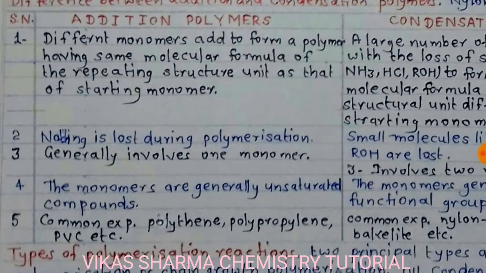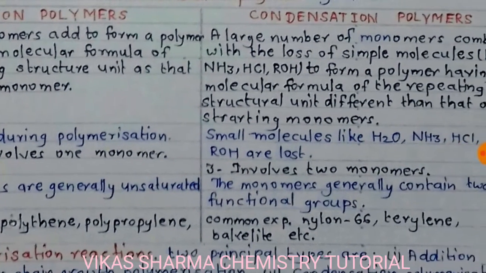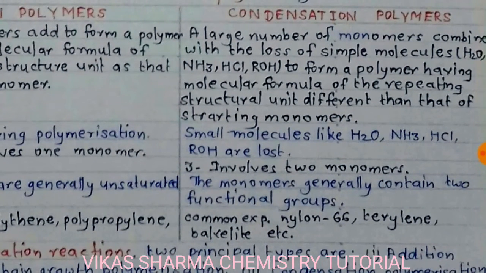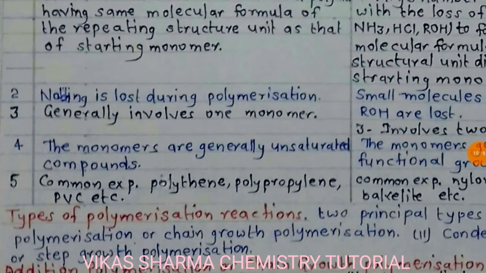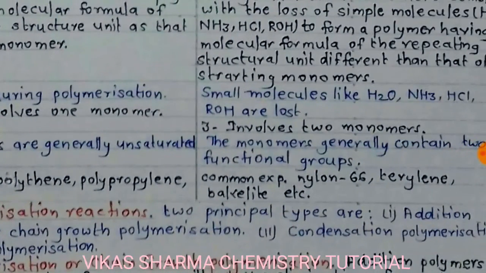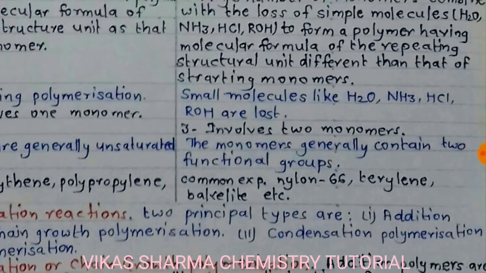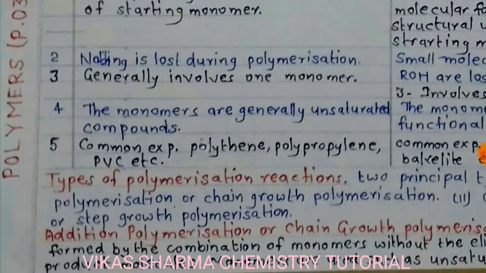Third, addition generally involves one monomer, while condensation involves two monomers. Fourth, the monomers in addition are generally unsaturated compounds, while in condensation the monomers generally contain two functional groups. These are examples: